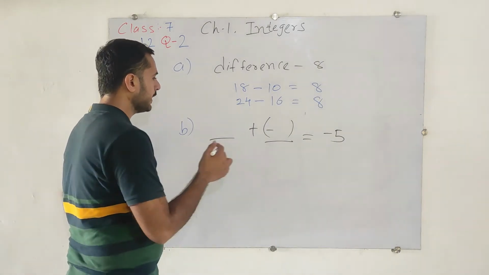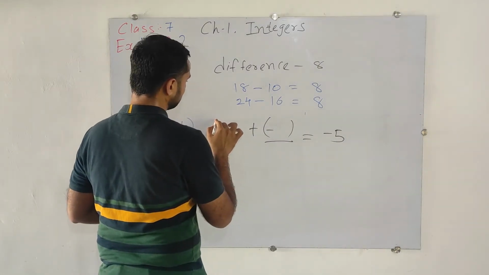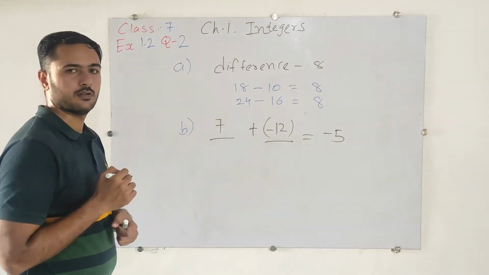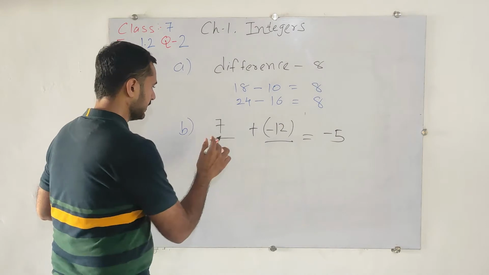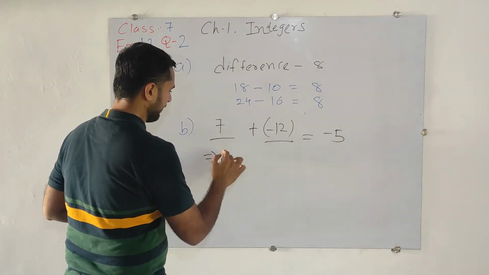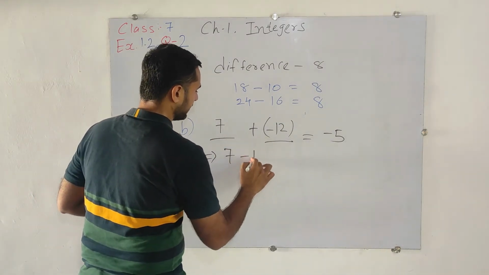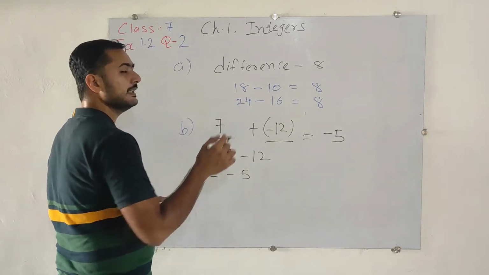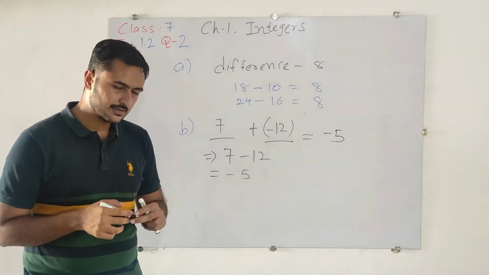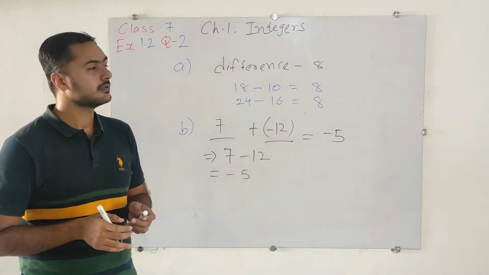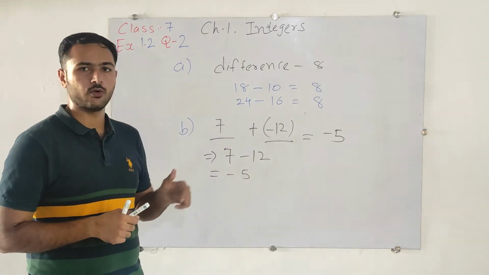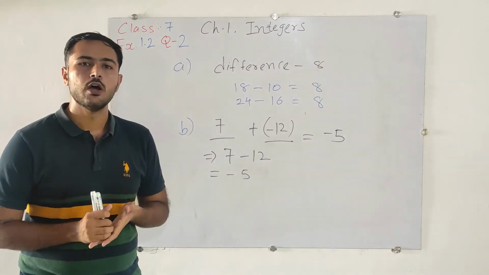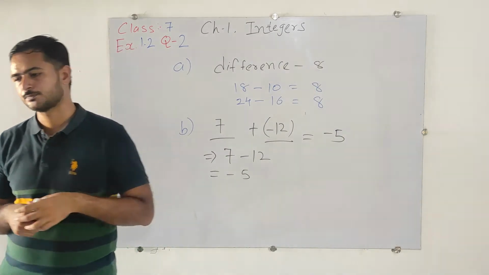Let's see what we can do. Here suppose I take 7 and here minus 12. Let's check whether it is correct or not. Just open the brackets, 7 as it is, plus minus 12. It's minus 5. So yes, that's correct. So this is how we can solve for the statements. Just pause the video and note it down. And don't forget to complete the C portion, which you have to do for your practice.